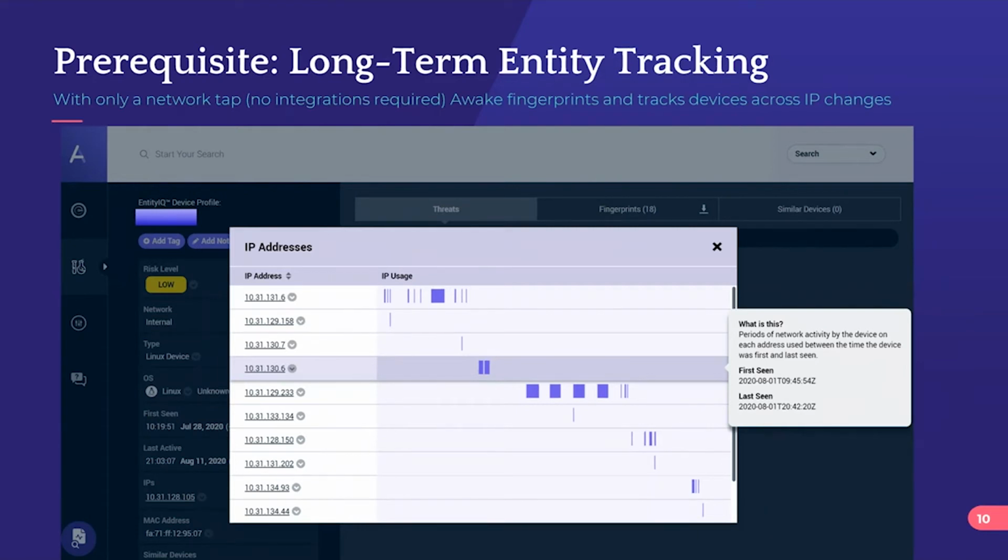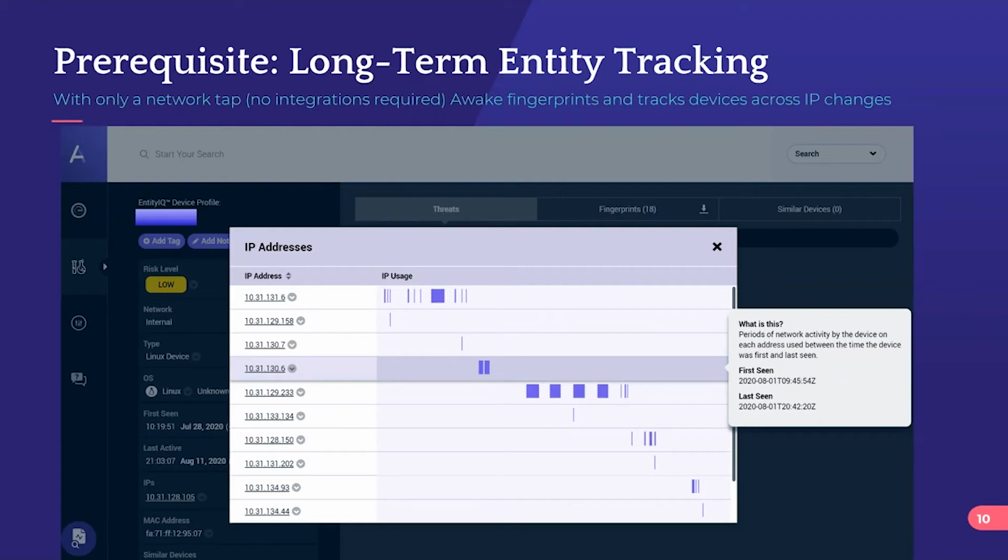We assume that we're just going to get traffic from network edges, and all our ability to do analysis is going to be on that kind of profile of traffic. And so we create a fingerprint of devices. We do the analytics on the device or on the traffic, create fingerprints of devices, and then we tell you where a device has been as it moves around the network. We tell you what IP addresses it's had and when it's had those IP addresses.